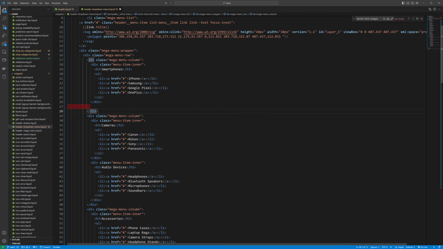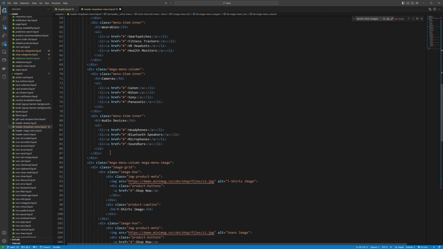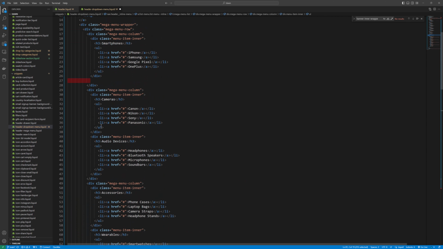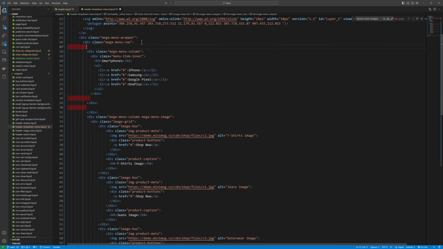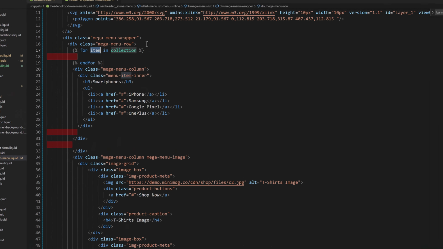Let's remove this one and this div. So let's remove the remaining one and add a loop here